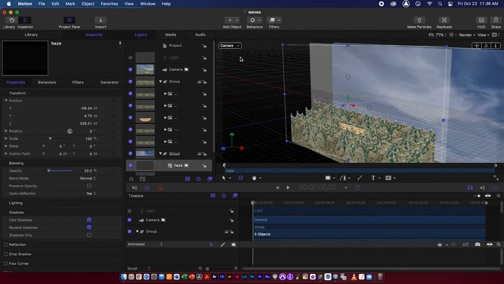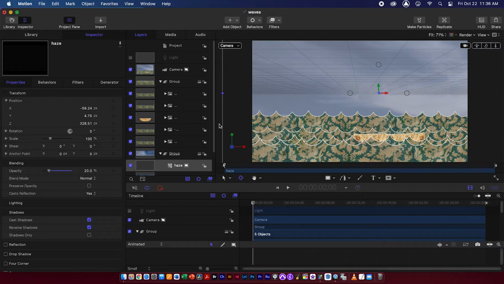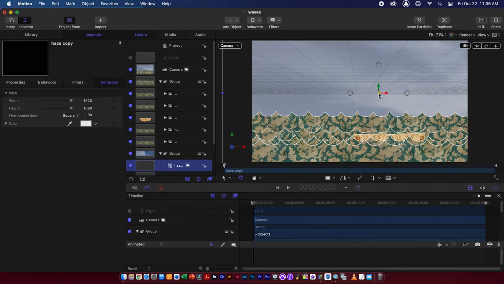And I'm going to show you this on the active camera view. You can see without the haze, we can see the sky pretty nicely, but with it, it occludes a little bit of that. Maybe 20 is even a little bit high. Let's try 15. And then we're going to duplicate this haze, Command D, and bring that